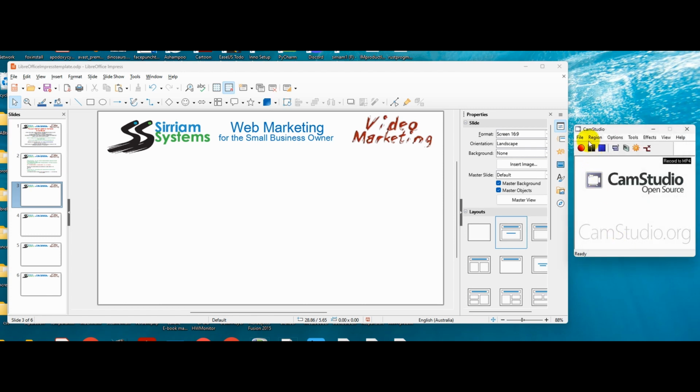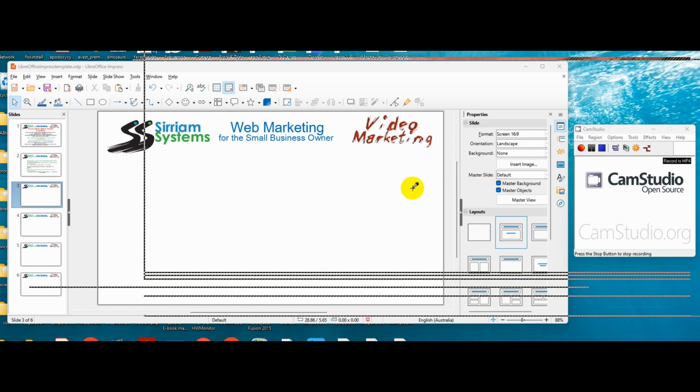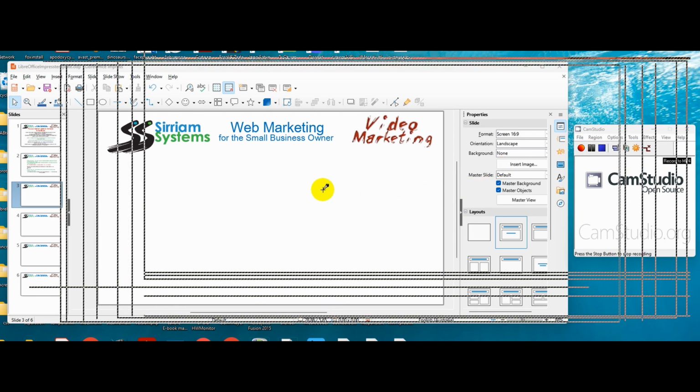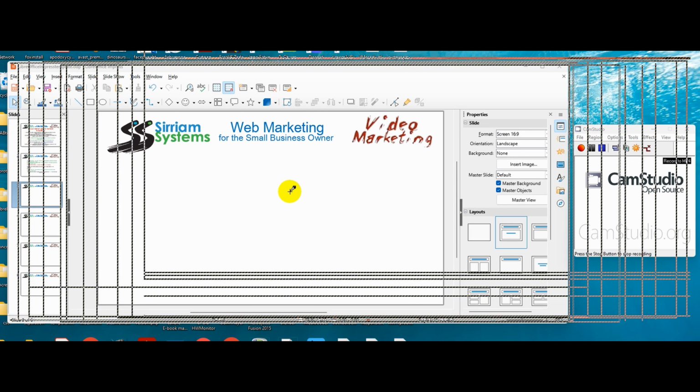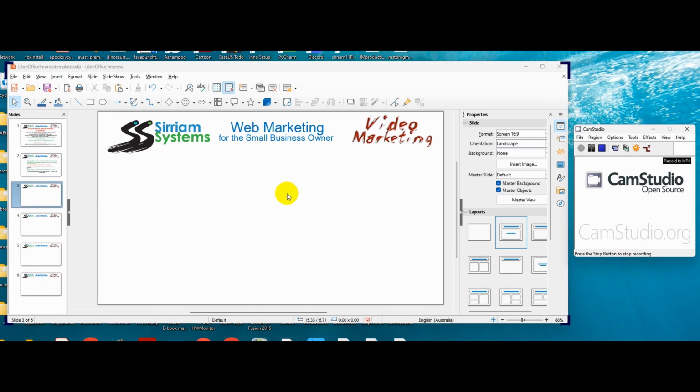Okay, so now hopefully when I go to record it, I should be able to fit it fairly closely over the area that I want to record. Okay, it's there. Okay, so now it's recording pretty much that area, and it's not complaining. Now I'll show you what happens if I use the region, the click and drag one. So we'll stop that